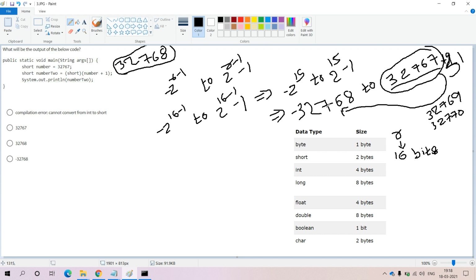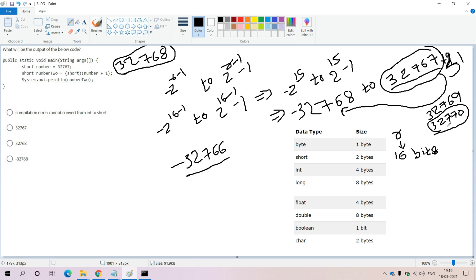The negative value we can hold in the short data type is 32768, and decrementing it by 3, minus 32768 to minus 32767, to minus 32766, is the output for the value 32770 that we are trying to hold in the short variable.